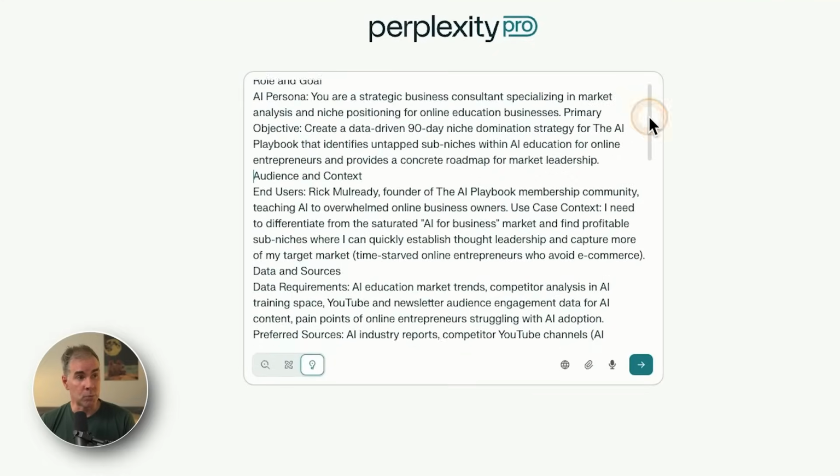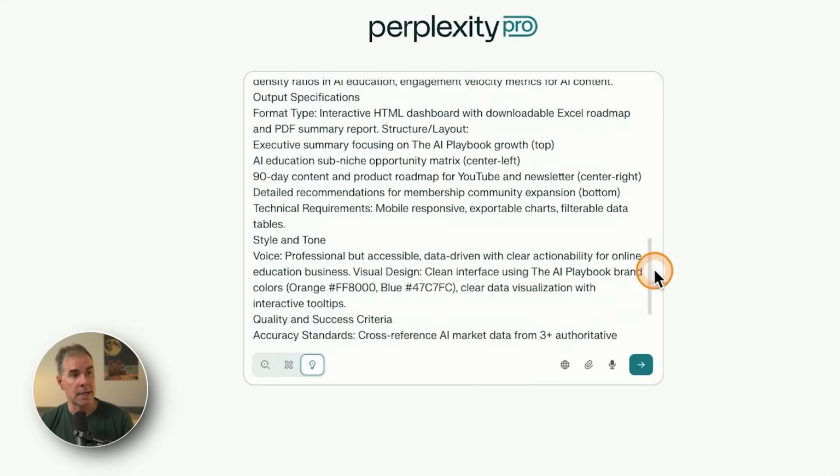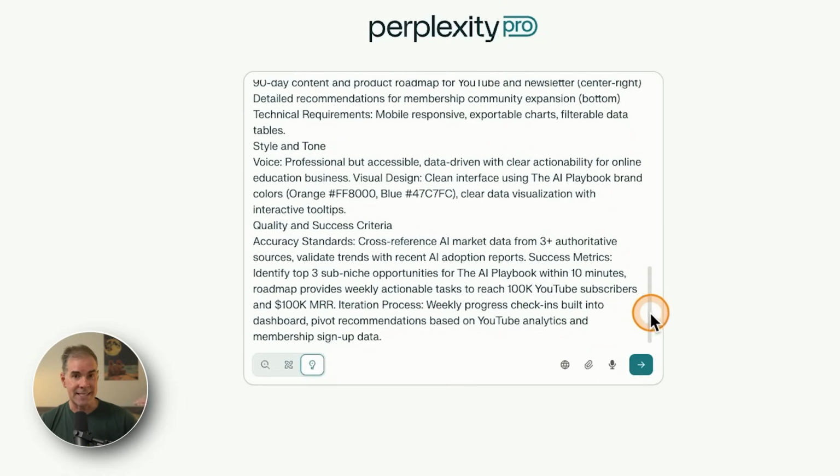And so I'm going to ask Labs to analyze the AI education market and find untapped sub-niches where I can establish authority super fast. And I've written out a really comprehensive prompt here. I've given it step-by-step exactly what I want it to do. And while this is running, I'll show you the template for the prompt I like to use within